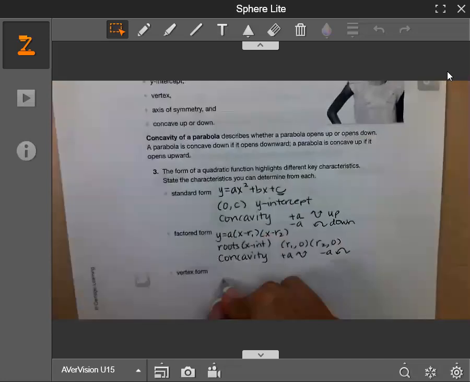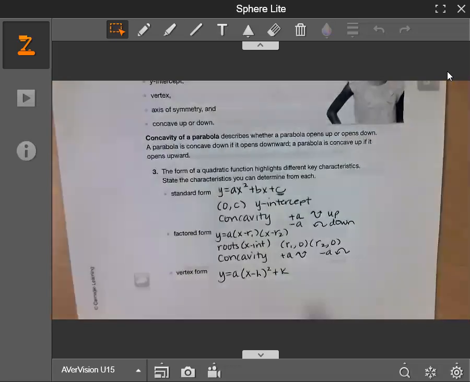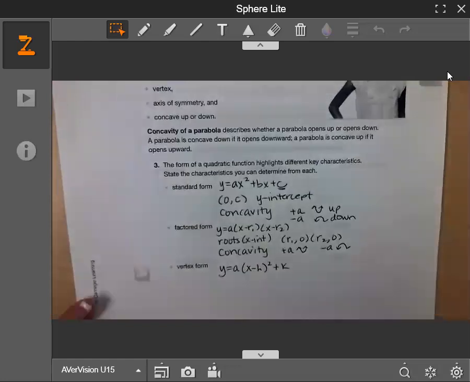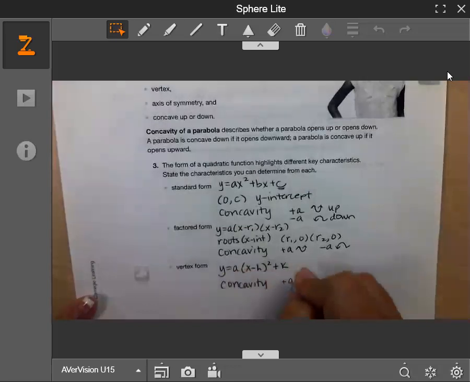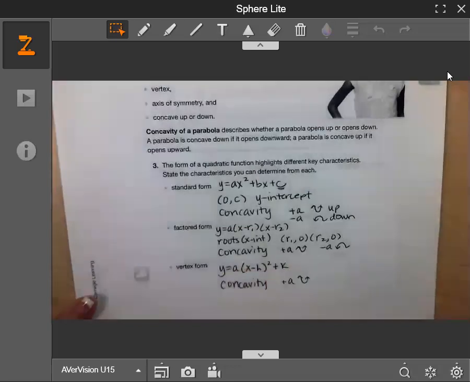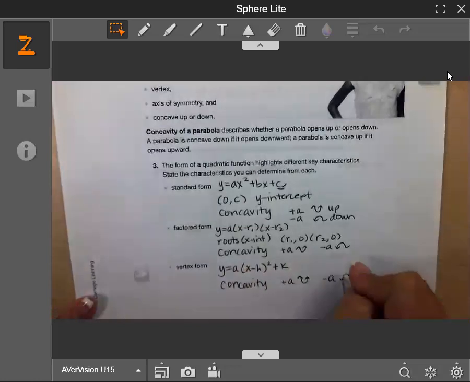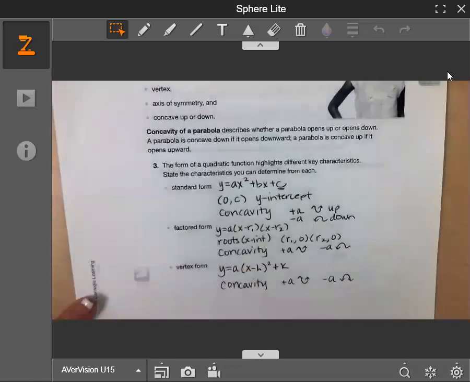The last form up there is the vertex form. This looks really close to the transformational form. The difference is that this is called h and k for some reason with quadratics, because that's our vertex. When it's in that transformational form that we saw last class, you will see that c and d are the vertex as well. So the form is pretty much the same. This too gives us the concavity because it has the a value. So a positive a value is up, a negative a value is down. But it also gives you the vertex,